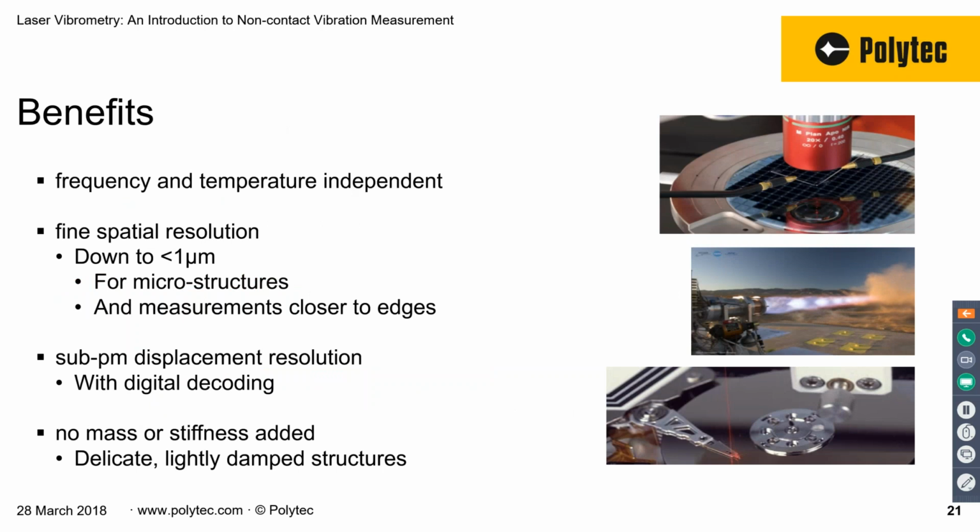In terms of frequency range, because we can measure up to megahertz or even into the gigahertz range, it allows us to use our technology for medical ultrasonics, developing new ultrasound transducers at high frequencies. Our customers apply it to RF MEMS and non-destructive evaluation, for example using lasers to excite the structure, all the way down to very low frequencies, gossamer structures like solar sails and inflatables for space deployment that have their resonant frequencies perhaps well below 1